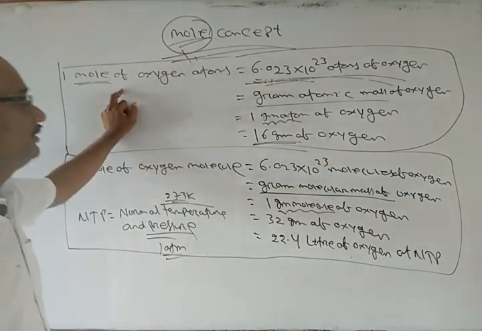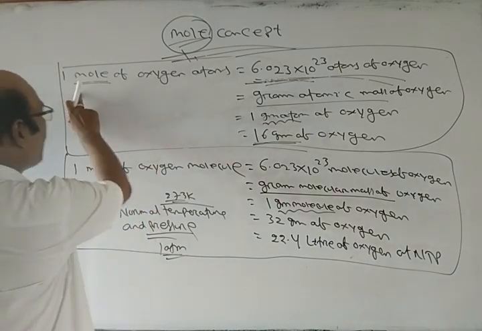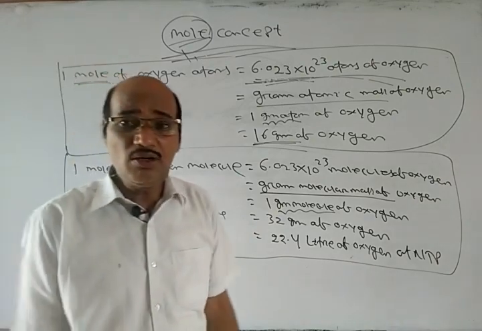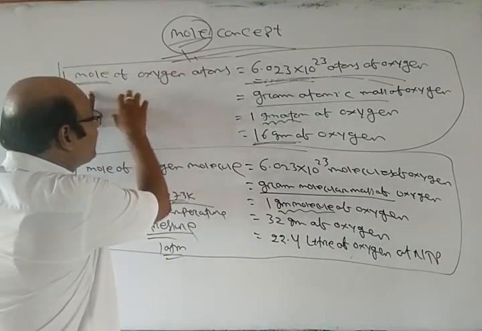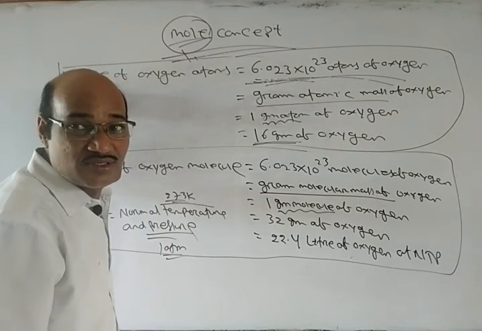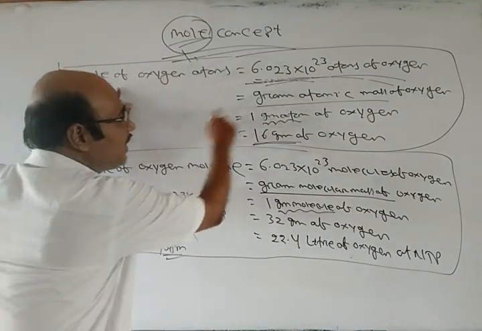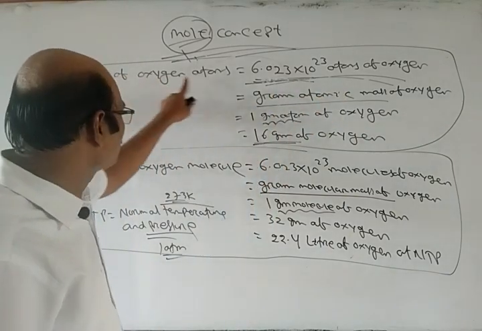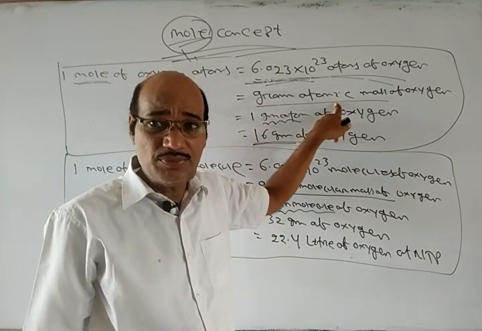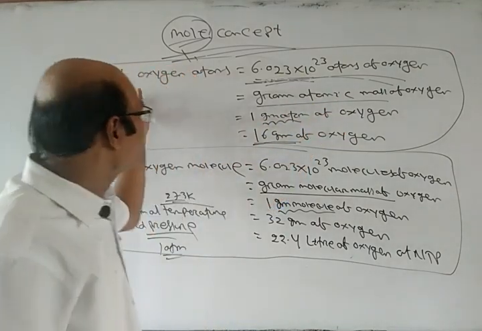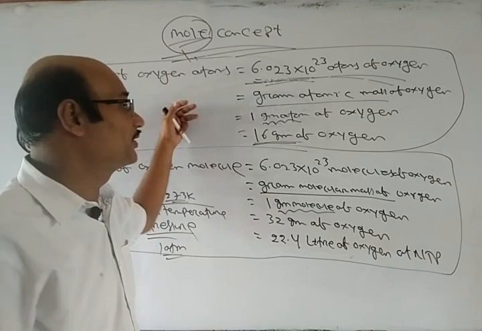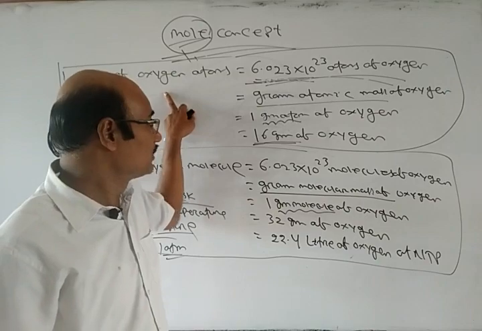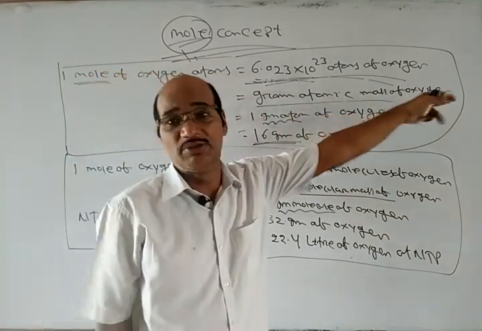Okay. Similarly, 1 mole of oxygen atom is equal to the gram atomic mass of oxygen, and if I have some x moles, what will the mass be? Gram atomic mass into x. So 1 mole of oxygen is equal to gram atomic mass. Accordingly, for a given number of moles of oxygen atoms, we can calculate the mass, because if I take x moles of oxygen atoms, then gram atomic mass into x will be the mass.